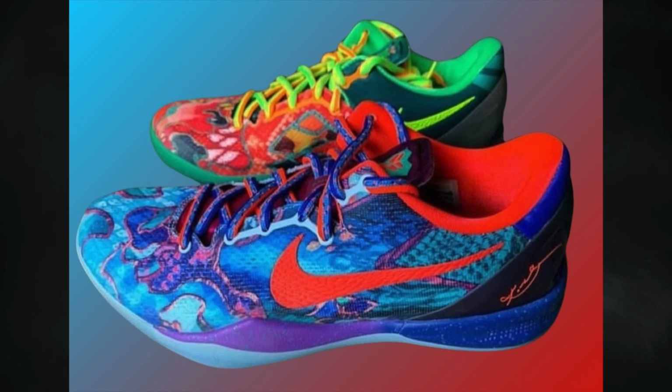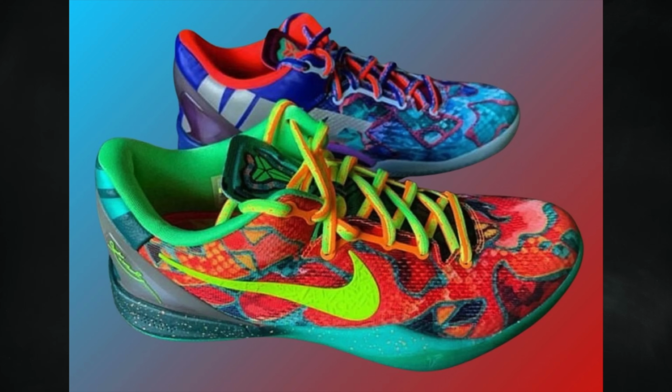Now, as you can see, what the shoe is known for is not only its vibrant colors, but its mismatched color theme. So the left shoe features shades of purple, blue, and red, while the right has red, greens, and yellows. For now, we only have the 2 images, but from what it looks like, these are pretty on point